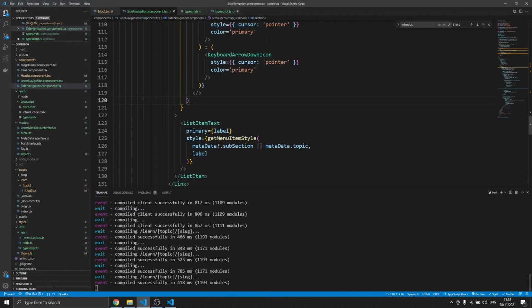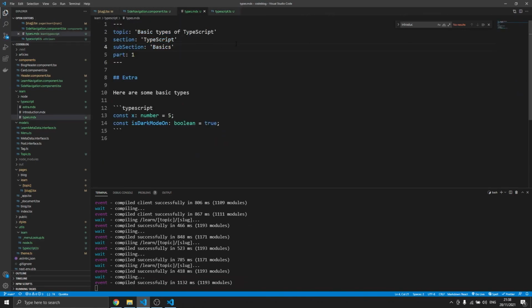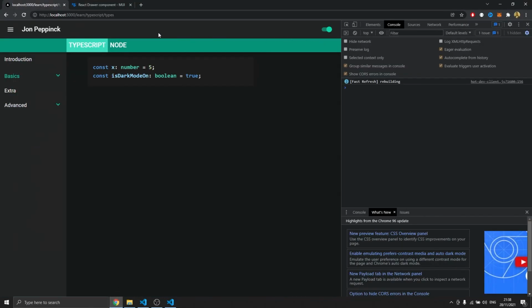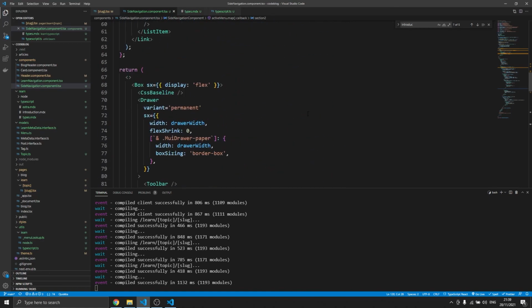But just to recap what we've done today, essentially we modified the particular code snippets such that the metadata has a section and subsection relating to it. We created this secondary navigation bar where you can click on the particular section or the topic we want to learn about. And then we've also come up with this side navigation, this custom drawer component here. And to look into the details of that, just as a quick overview,